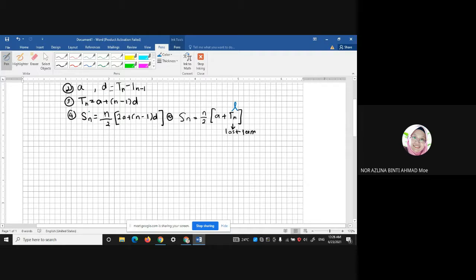Tn equal to a plus n minus 1 d, and Sn equal to n over 2, 2a plus n minus 1 d, or Sn equal to n over 2 multiply a plus l. Okay, last term. Okay, another formula, the last formula in arithmetic progression is